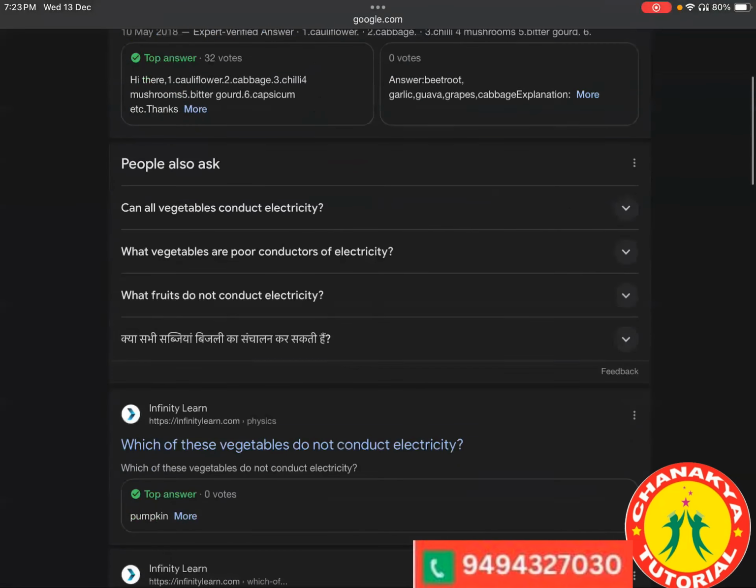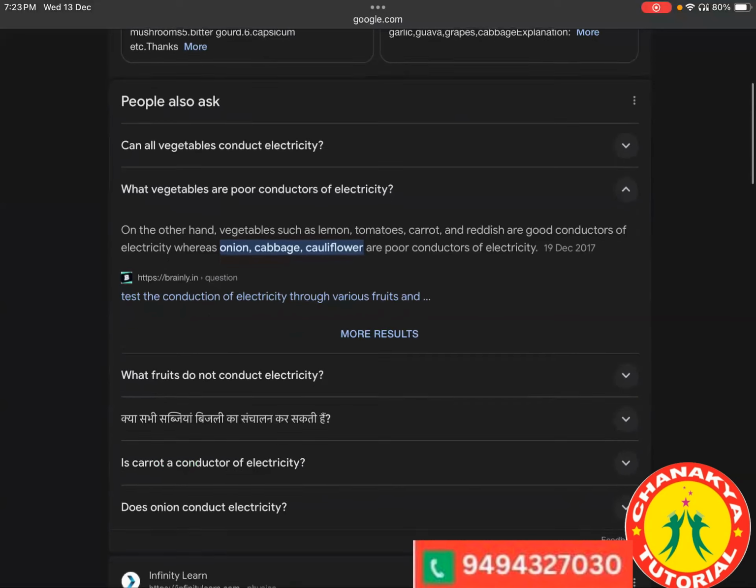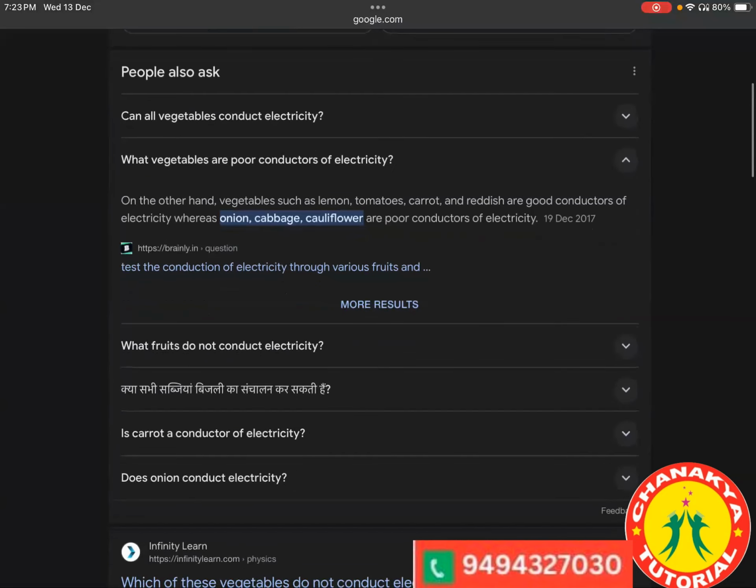Poor conductors of electricity. So there are some vegetables which are poor conductors of electricity, like onion, cabbage, cauliflower. These are poor conductors of electricity. If you do this experiment on these vegetables, then you won't get any kind of electric current. Okay,